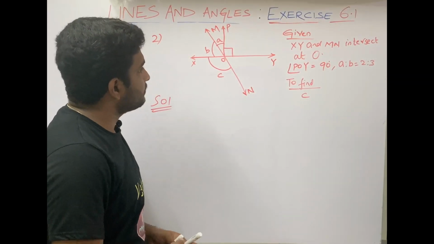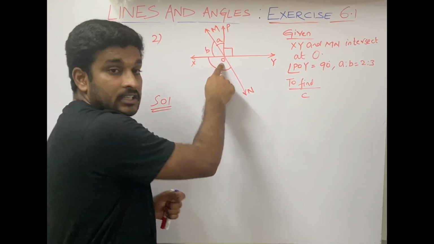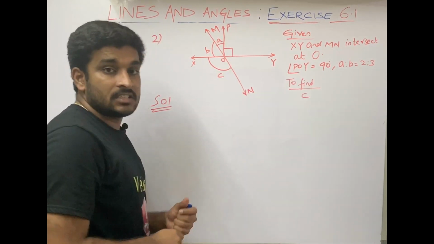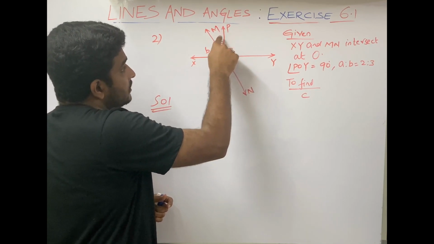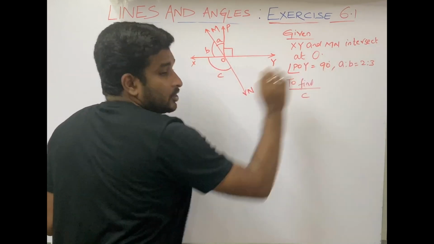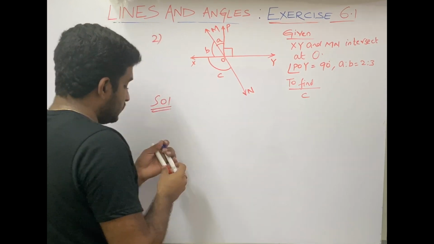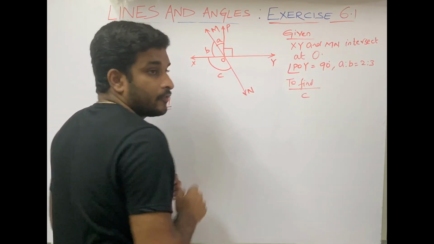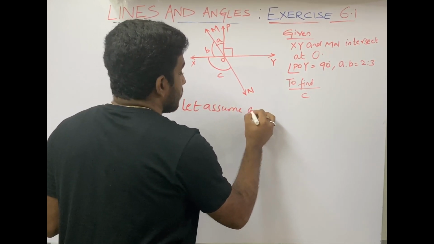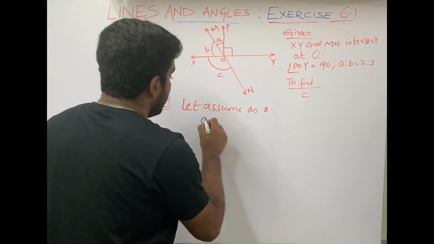The next problem is, we have XY and MN as two lines where the two lines intersect at point O. They gave POY as 90 degrees and they gave A and B, that is POM and MOX, in the ratio 2:3. Now we have to find angle C, that is angle XON. As we have A and B in the ratio of 2:3, let us assume that the ratio A is to B will be